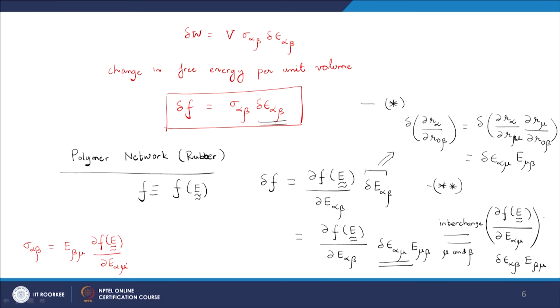Okay. So, now we take it further. So, we have this. Now, the problem with this particular relation is that, although we already relate the stress tensor with the deformation,